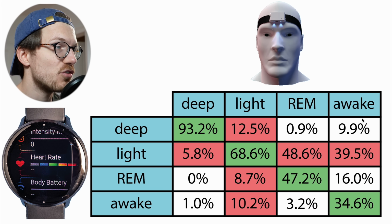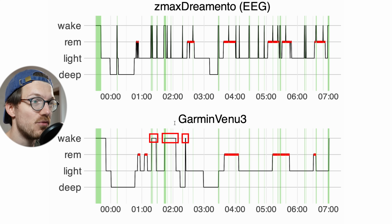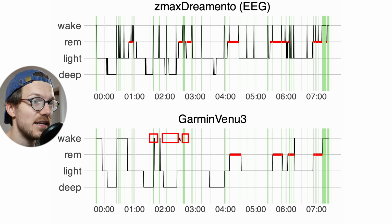Now I also don't trust the Zmax here in terms of awake time, but let's quickly look at the individual nights. What I found interesting to see is that the Venu 3 tended to be quite sensitive to detecting awake moments. Now for this first night that isn't that apparent, so here I've marked the awake moments according to the EEG device in green, and the Venu 3 only had a few awake moments, but for other nights the Venu 3 tended to detect quite long awake moments, for instance here in the beginning of the night,